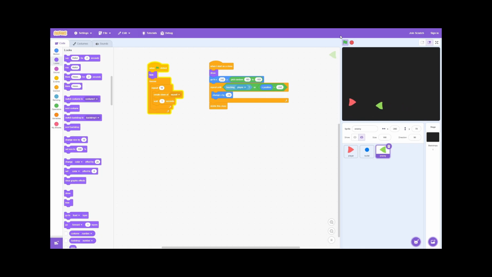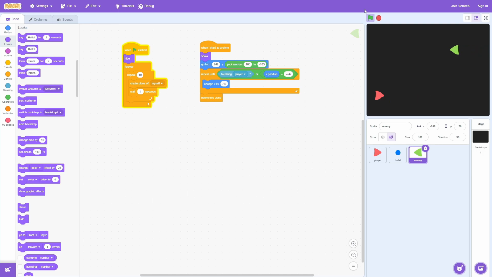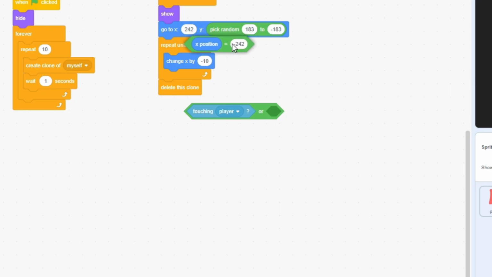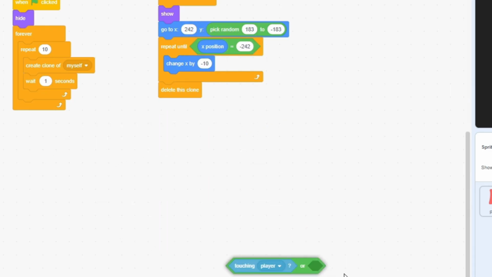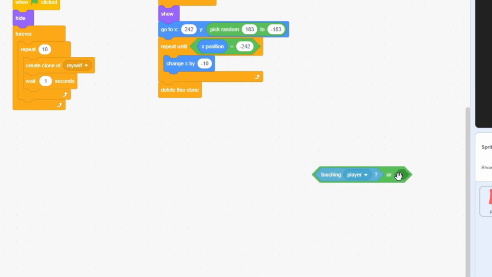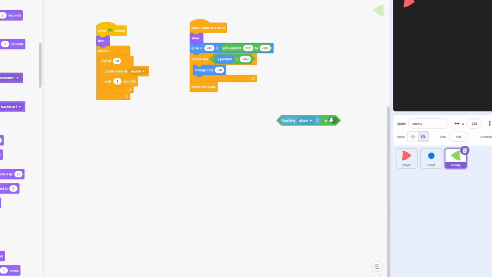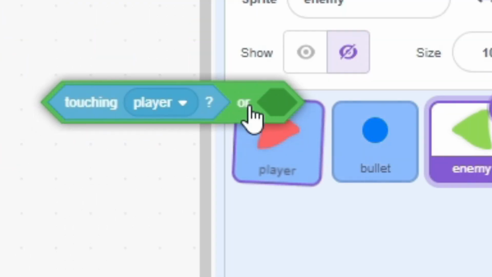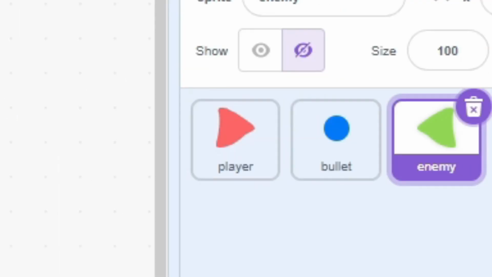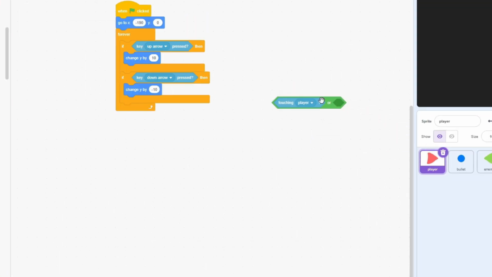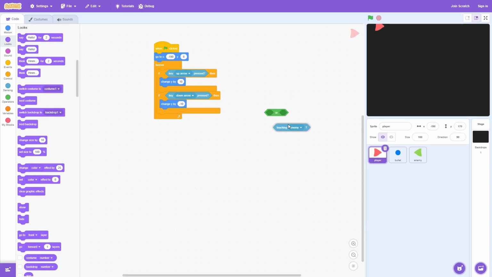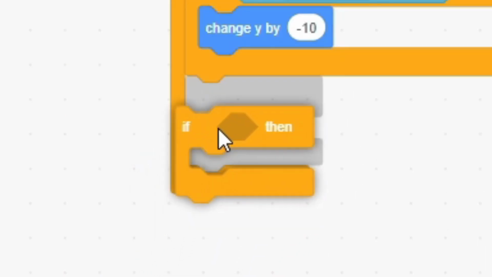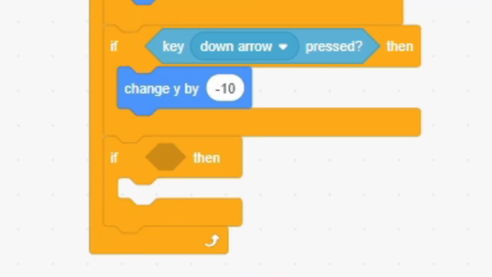Wait. No. Bro, did I actually just make another mistake? So the code that we wanted is in these two blocks, but these two blocks we do not need, and oh my goodness, I just messed up. So what we can do instead is just move it to the player sprite, delete here. So we're still keeping the code, but we're moving it to the player sprite, and we're gonna see if we're catching the enemy. Okay, bring on if